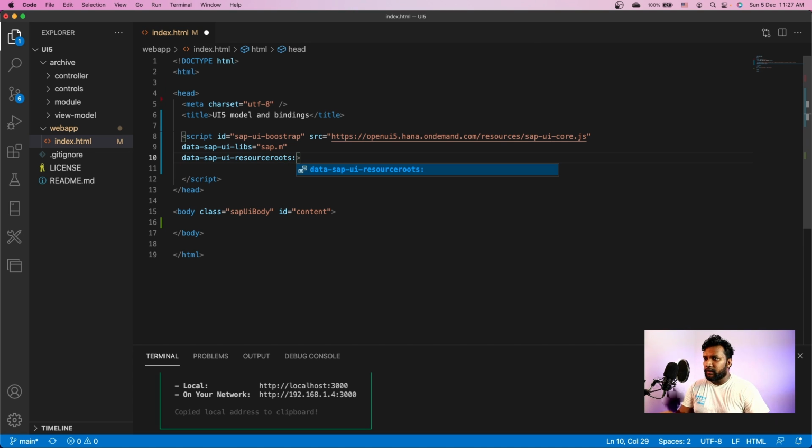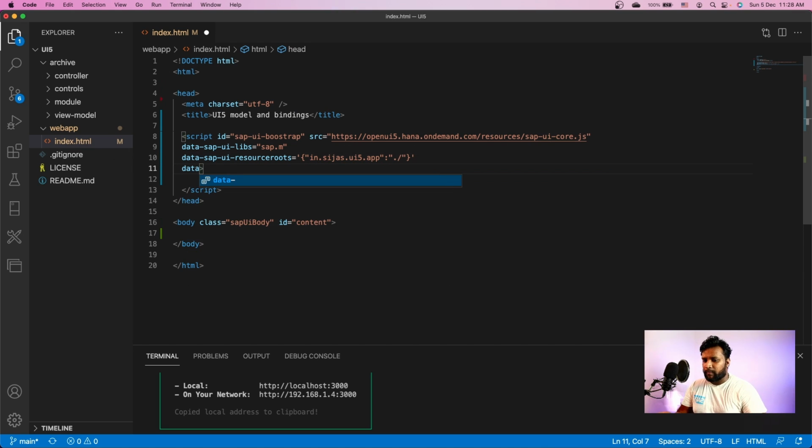This is basically the namespace of the application. The namespace which I am going to give is in.sijas.ui5.app, which means it is currently pointing to the current folder. So anywhere if I use in.sijas.ui5.app in this application, it means it is loading the files from the current folder. So that is done.